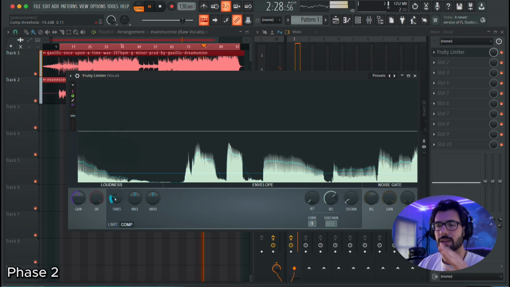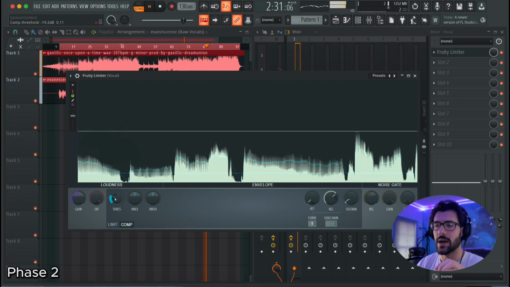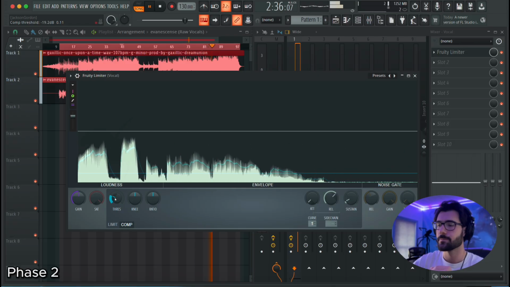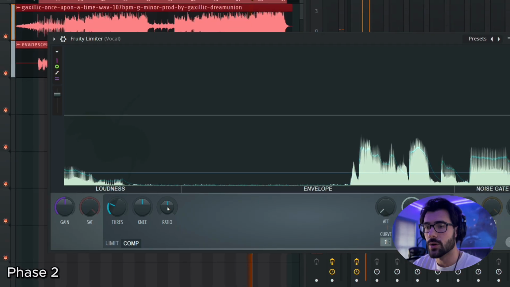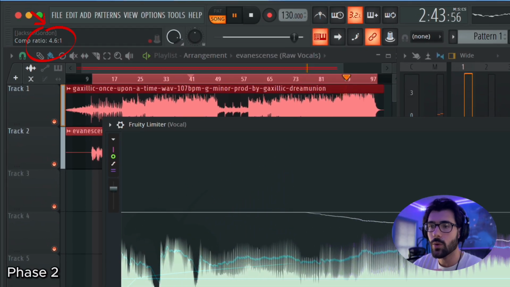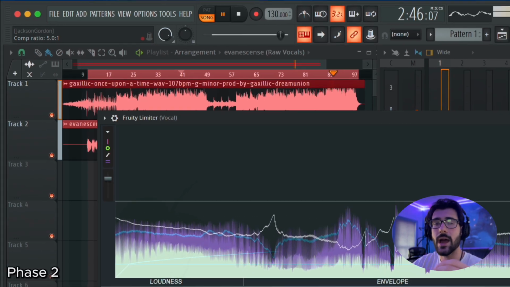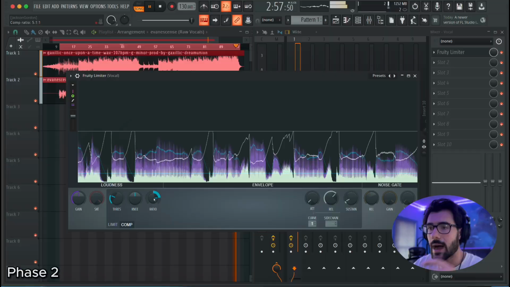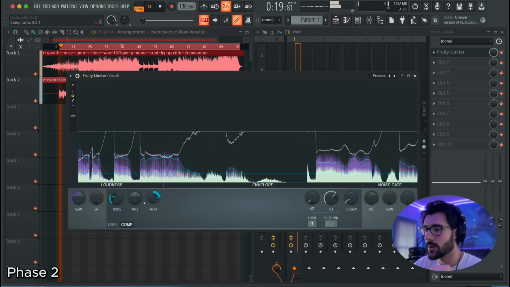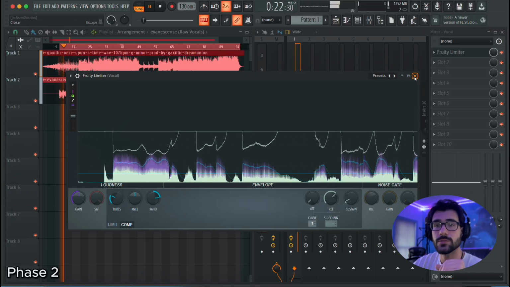So right about -19 decibels for me seems to be the sweet spot where the quiet vocals are just touching the threshold line and the loud parts are going above it. Next, you're going to want to drag the ratio, the comp ratio knob, till that top number up there says about 4 to 5, depending on how much or how little compression you want. Compression just squashes the loud parts down to about the quiet vocal level so that it's all more cohesive in terms of volume. I like to go around 4 to 5 in the ratio, and your vocals are now